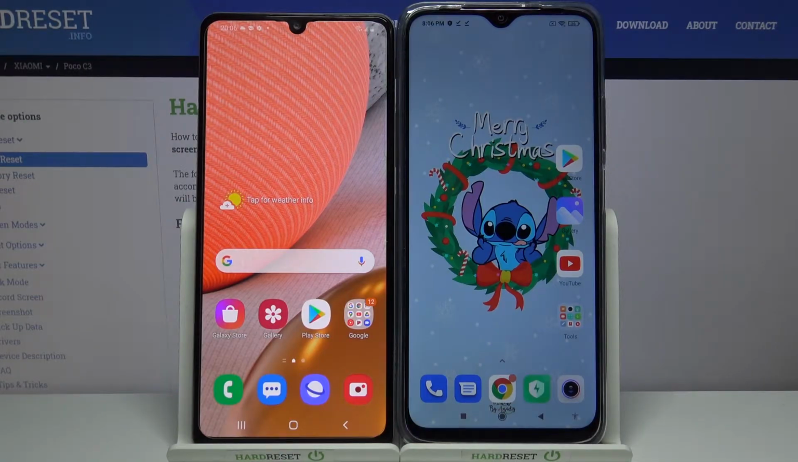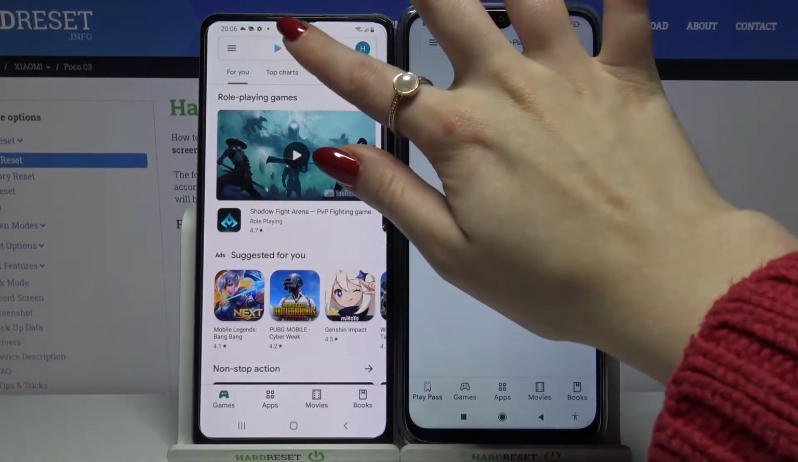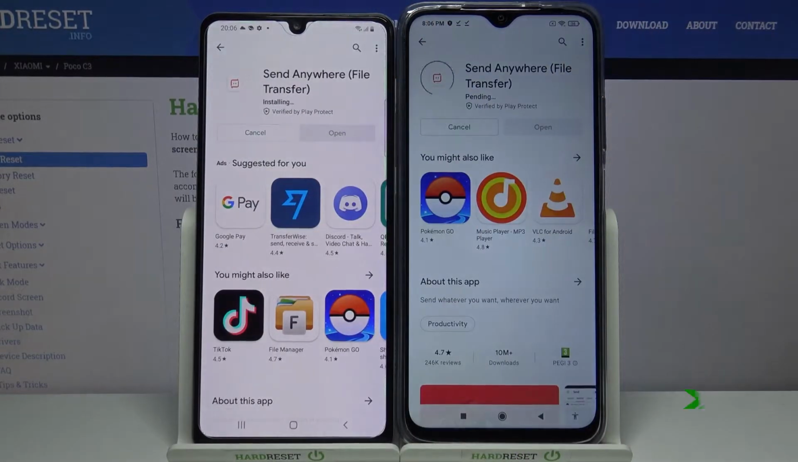Hi! Today I would like to show you how you can transfer files from an Android device to Xiaomi POCO C3. Firstly, open Play Store on both devices and download an app called Send Anywhere. Then open it,